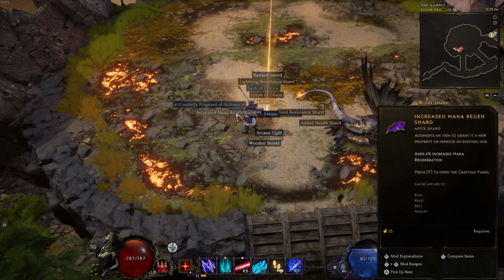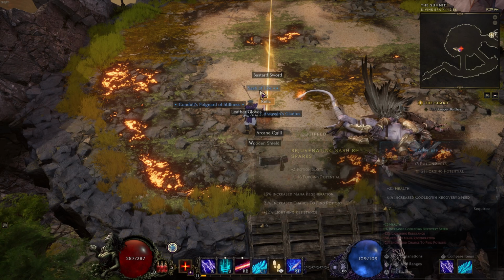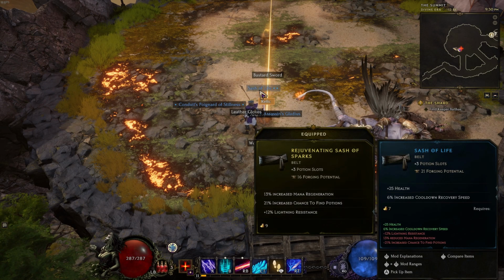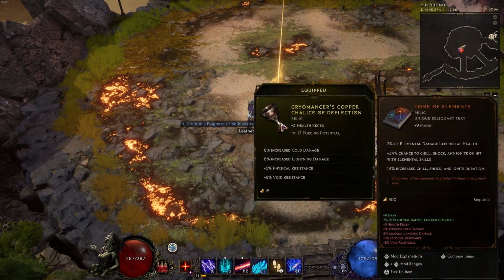Yeah, that's worth 10. These are crystal shard things. That's worth 7. That's worth 7. 25 health. That's a lot of stuff we're missing. This gladius is booty. This relic is